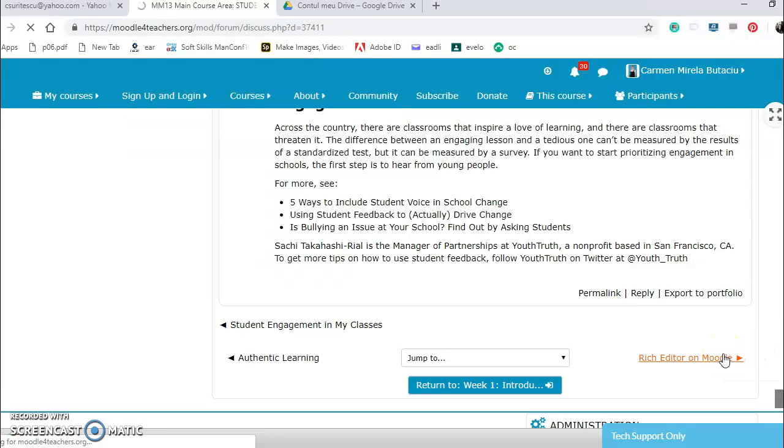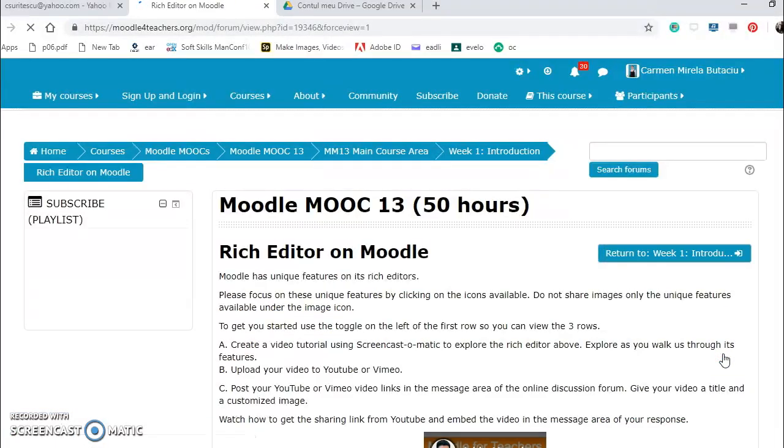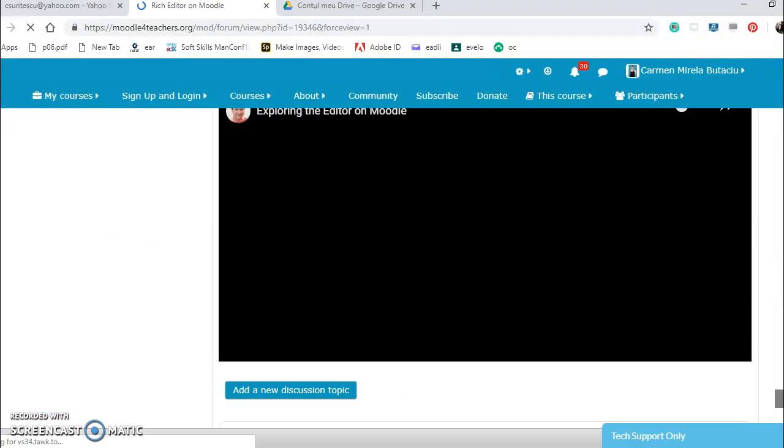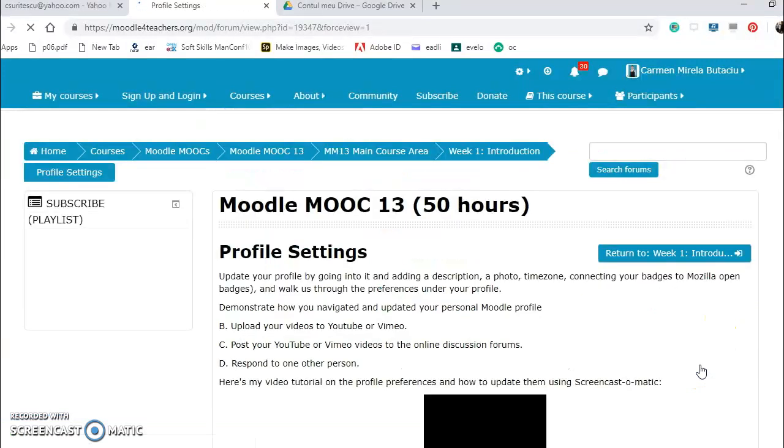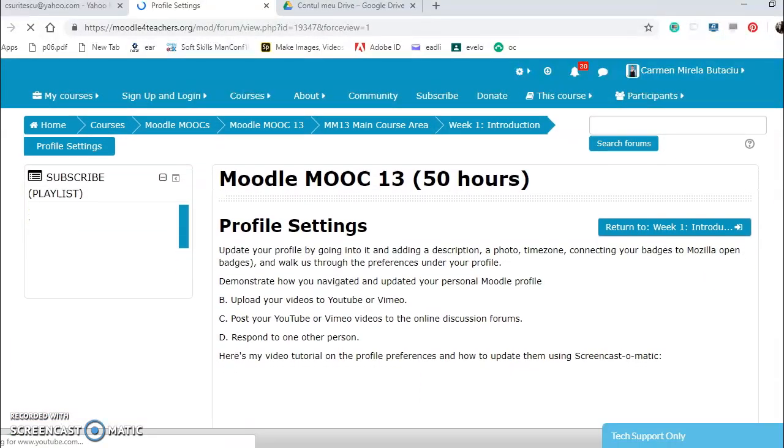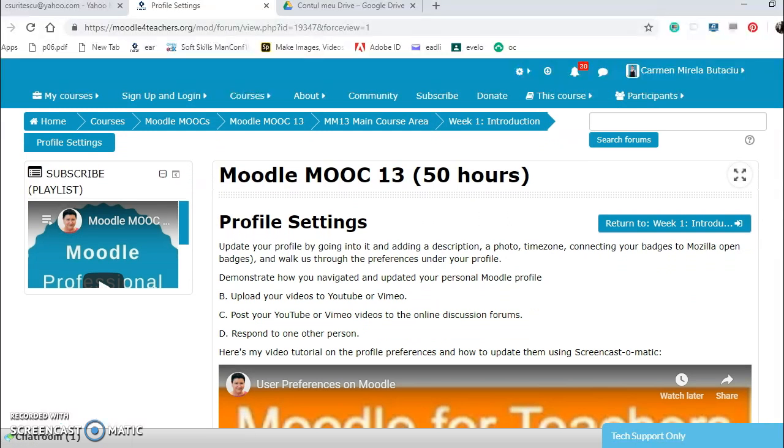Then we had the topics of the rich editor on Moodle, in which we posted our entries, the features of the rich editor, the profile settings.